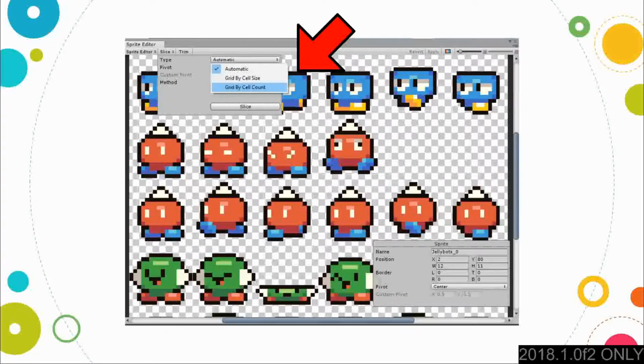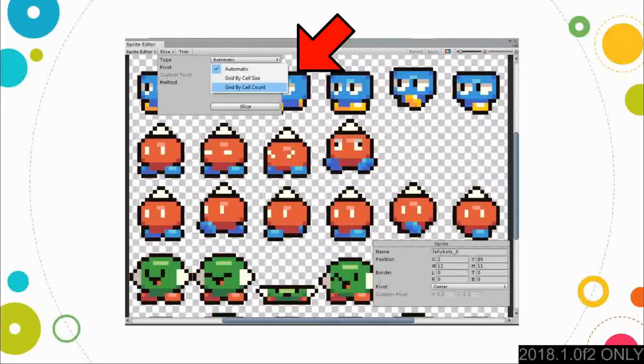After you click on this and click on slice, nothing will happen, of course. You need to click on apply on the top right, or revert if the borders don't align. You can check the borders are aligned properly to the sprites by clicking on each individual sprite. If the box surrounds each sprite properly, then all good. But if not, you have to revert and either choose